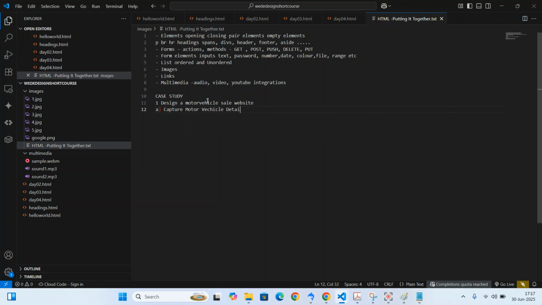So when you're capturing motor vehicle details, this is where we start first of all, because for us to sell the vehicles, we have to have the stock, isn't it, of the inventory. So when you're capturing the details, you will consider one, registration number, you will consider brand, you will consider model, you will consider engine size, isn't it? You will consider fuel type,